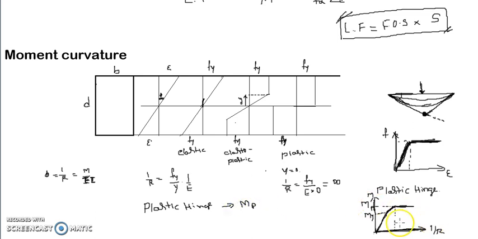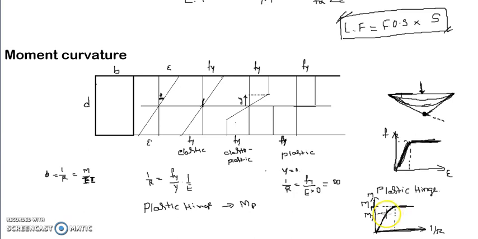Up to MP it will offer a resistance, but beyond that, more than MP, it is just going to act like a normal hinge. So the section has become plasticized, and the normal hinge does not offer any resistance for the rotation. So you have to be clear about what this moment and curvature relationship is. Let me repeat it. Up to the elastic limit, it's going to be a straight line, and once it crosses the elastic limit, that is where